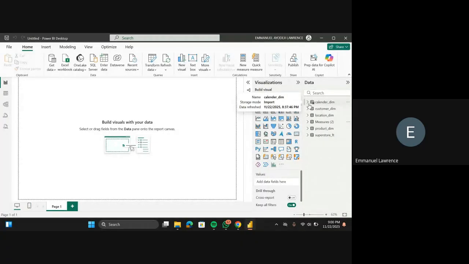Maybe when you're practicing later, you can create multiple pages, or you can create other aspects of the data set, because what I'm going to be working with today is a sales and profitability performance dashboard. So you can also create other things. You can create a trend dashboard, or a dashboard based on the quantity. Maybe you want to do a sales volume analysis, you can create a dashboard for that. So now we're going to be doing a sales and profitability dashboard.